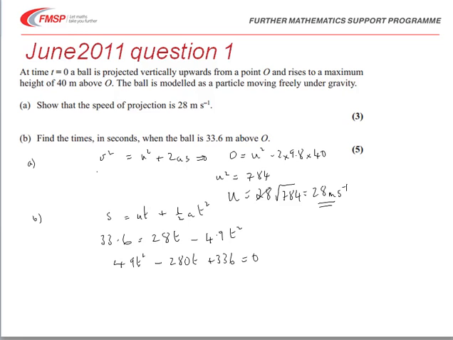You can divide through that by 7, so that 7t squared minus 40t plus 48 equals 0. And this will in fact factorize. You could use the quadratic formula, but this one does factorize with brackets 7t and t equal to 0. In fact, it's minus 12